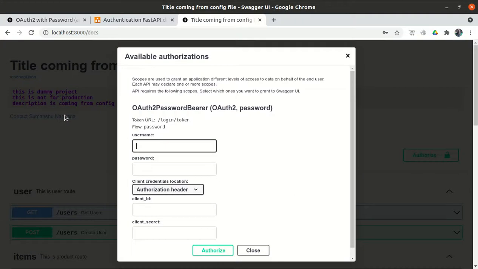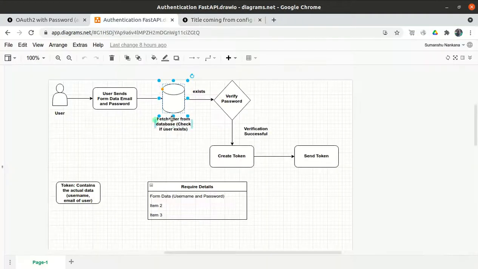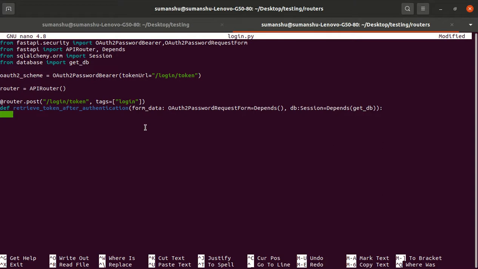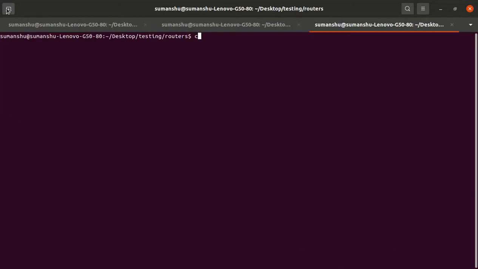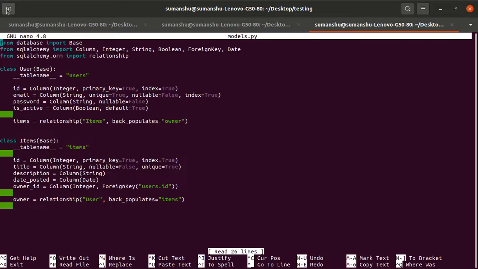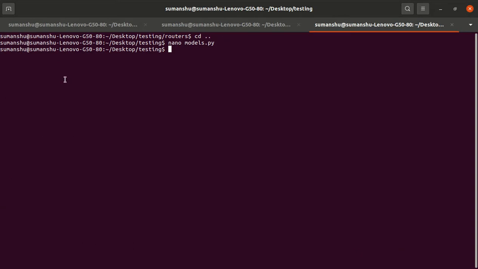So the next part is to verify whether the user exists. How to verify it? Using the session, we have to query the user table. User is our table. If I show you our models file, user is our table, and email and password are the fields, right?